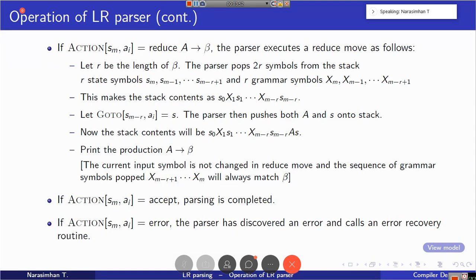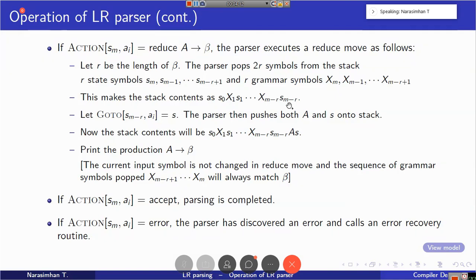Let it be R. Then you pop 2R symbols from the stack. R symbols will be state symbols, the remaining R will be grammar symbols. On popping 2R symbols, you will end up with the stack like this: S0, X1, S1, etc. to Xm minus R, Sm minus R.